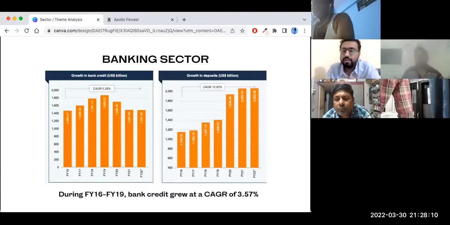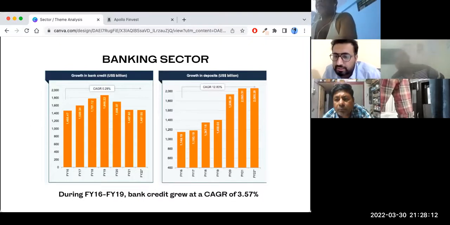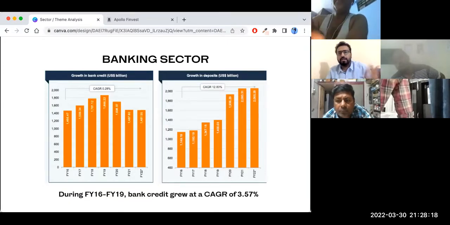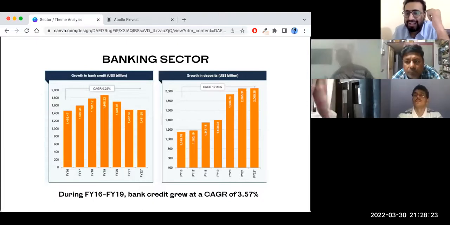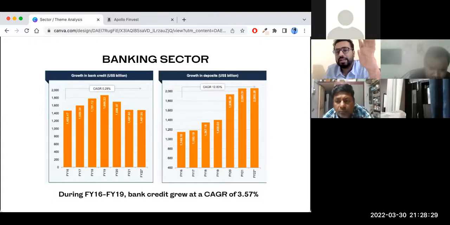How to find sunshine sectors? Do you have any tool to identify them? Sunshine sector means growing sector. There's no tool. This is the tool, and we will have to do some research and read reports. Every week, if you start getting into a habit of reading about some sectors, then we'll actually get this data. For example, I'll specifically talk about one sector which was identified in the previous September-October bootcamp that we did.